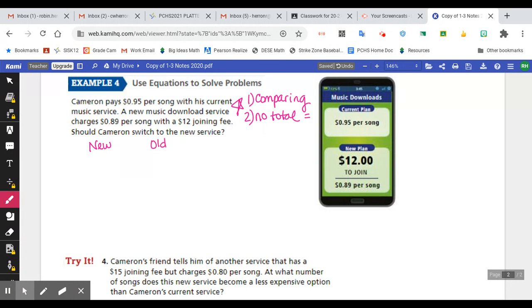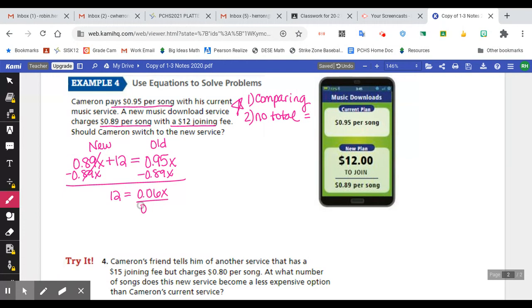Okay, so he currently pays 95 cents per song. So his old service would be 0.95x. A new service is 89 cents per song, so 0.89x, with a $12 joining fee, so plus 12. Again, there's no actual total, so we know the equal sign goes in the middle. So the only thing I can move is 0.89x. I'm going to subtract it from both sides. This gives me 12 equals 0.06x. And when I divide by 0.06,